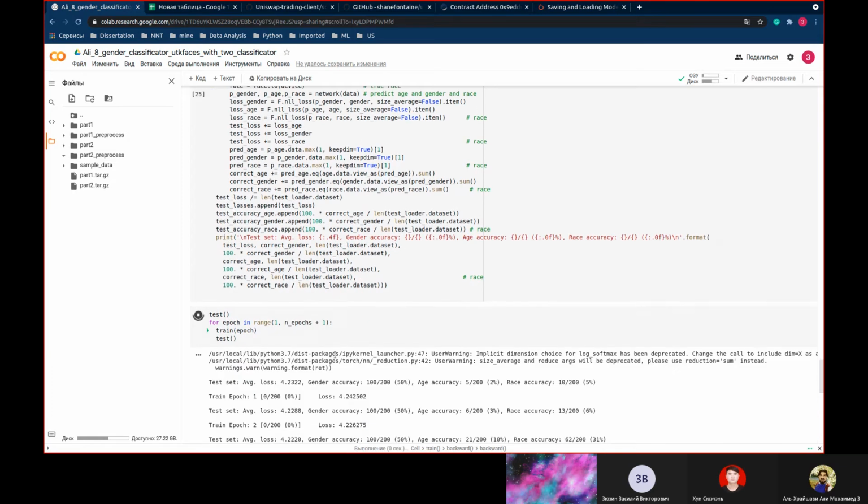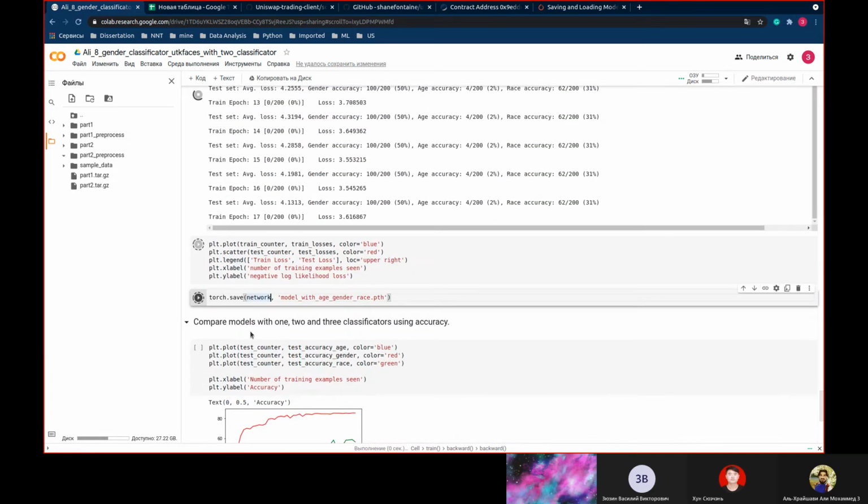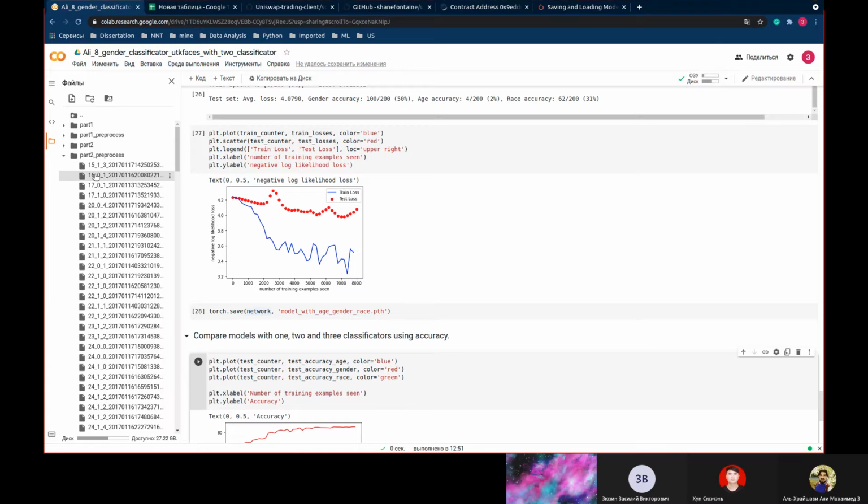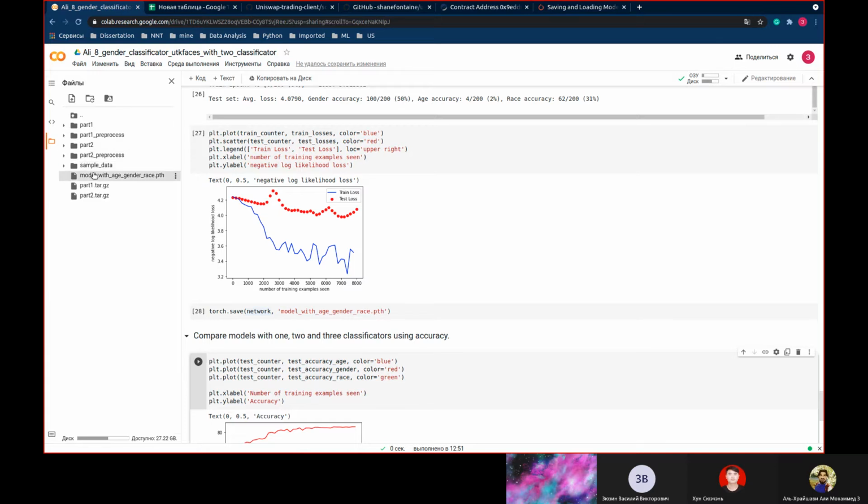Okay, now we train the model. Some training, yeah, and we can save model weight.